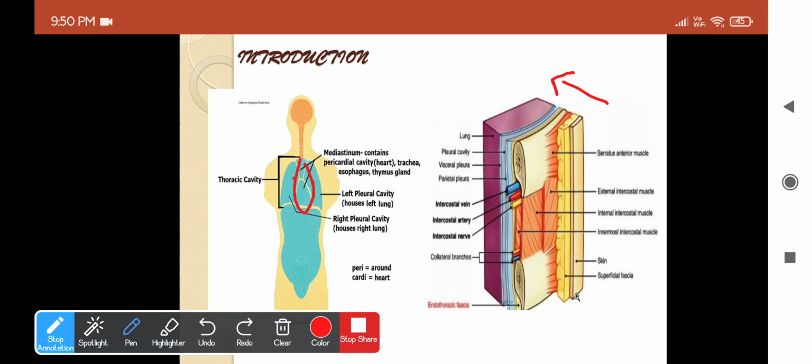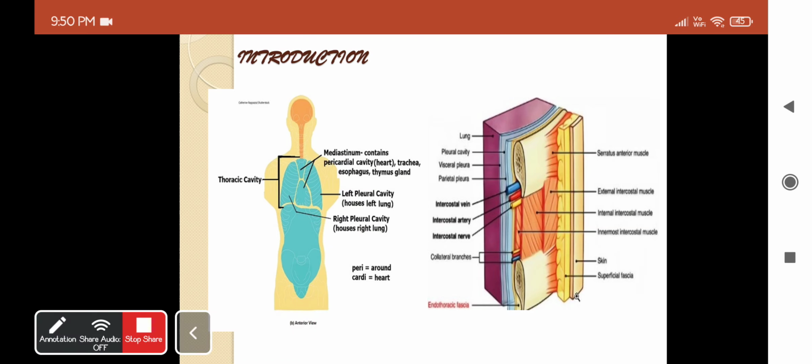So the thoracic wall begins from skin, from outside to inside. You have skin first, the superficial fascia, ribs between which we have the intercostal muscles, namely the external intercostal, internal intercostal, and intercostalis intimus muscle. You have endothoracic fascia, which is lining the inner aspect of the thoracic wall, and then you have the two layers of the pleura, namely the outer parietal pleura, and the inner layer, which is called the visceral pleura, and these two will be enclosing the lung tissue over here. So this will give you the basic idea about where the pleura lies and how it covers the lungs.